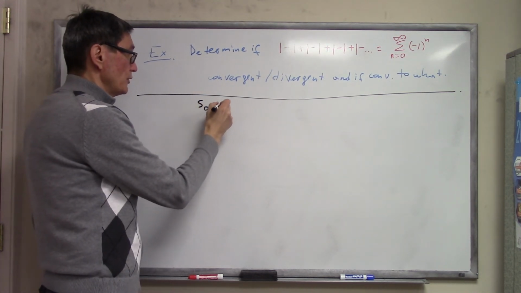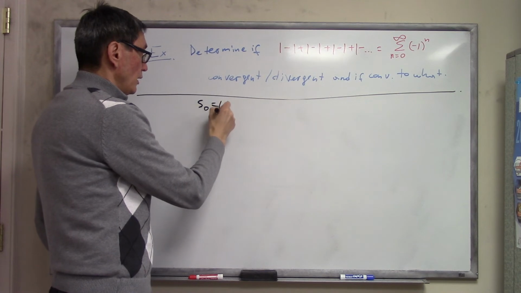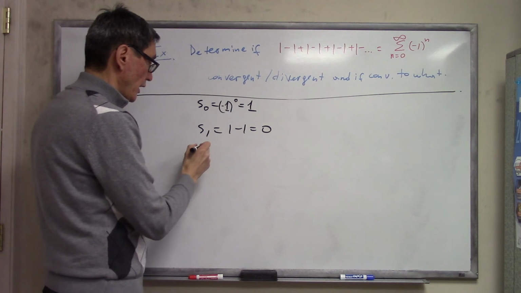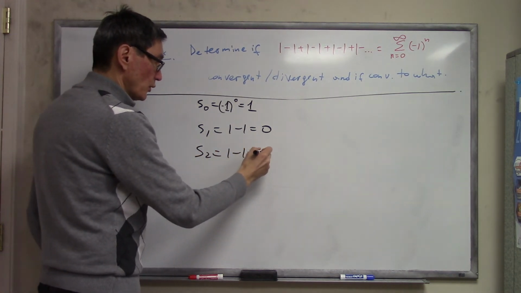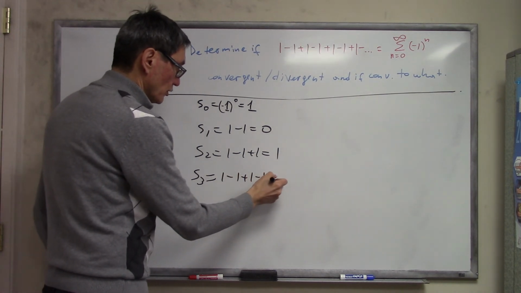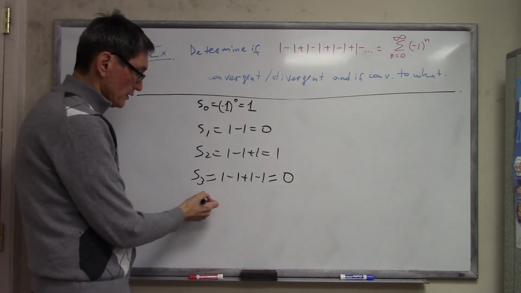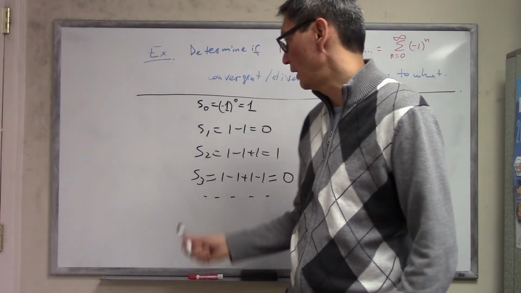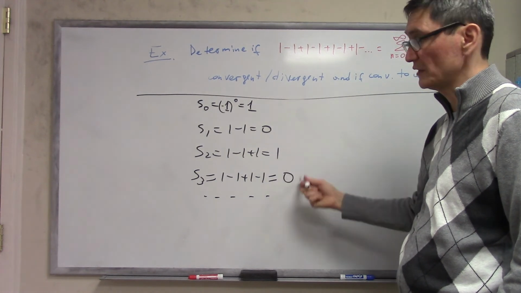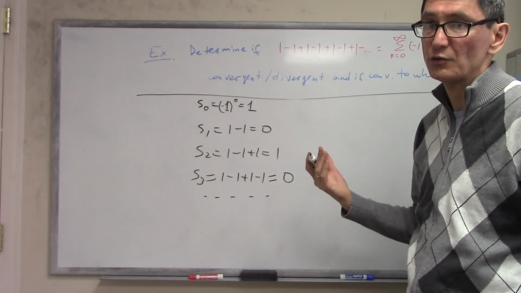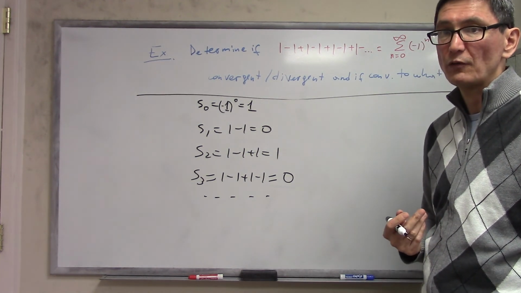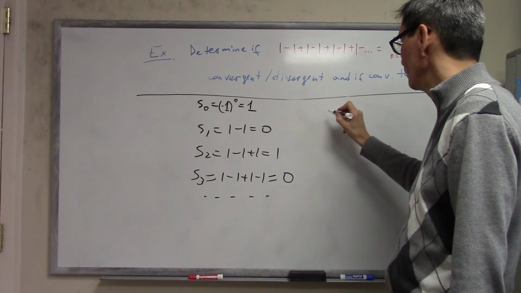So for example, S0 is negative 1 to the 0, which is 1. S1 is 1 minus 1, which is 0. S2 is 1 minus 1 plus 1, which is 1. S3 is 1 minus 1 plus 1 minus 1, which is 0. So we already notice a pattern. The partial sums are oscillating between 1 and 0: 1 then 0, 1 then 0, 1 then 0. And if you try to take the limit of that pattern 1, 0, 1, 0, 1, 0, that limit of that sequence is not going to exist, so this series